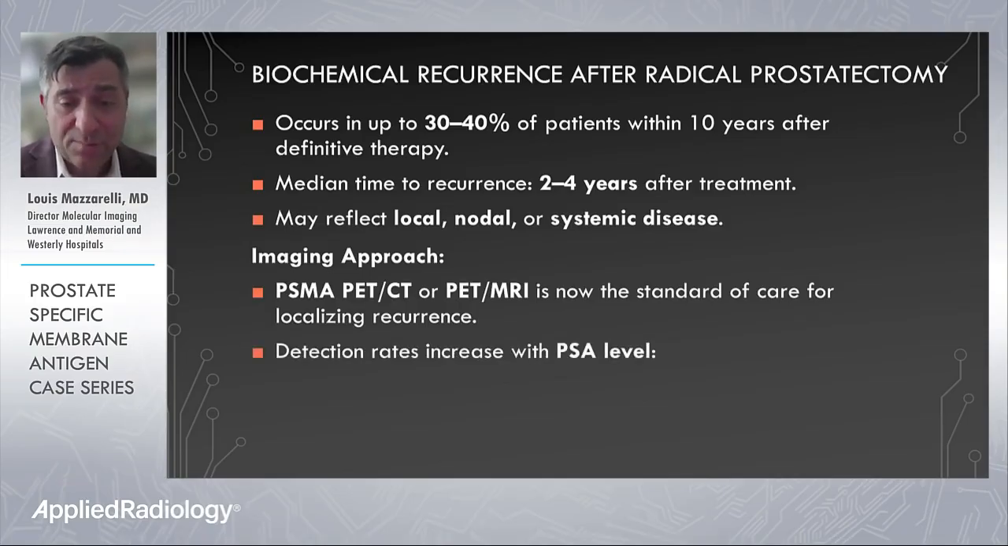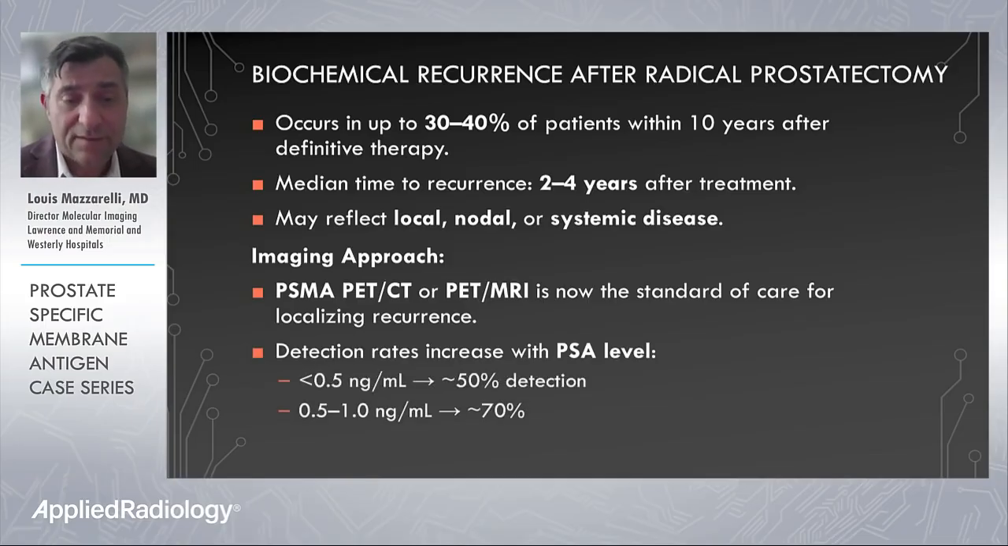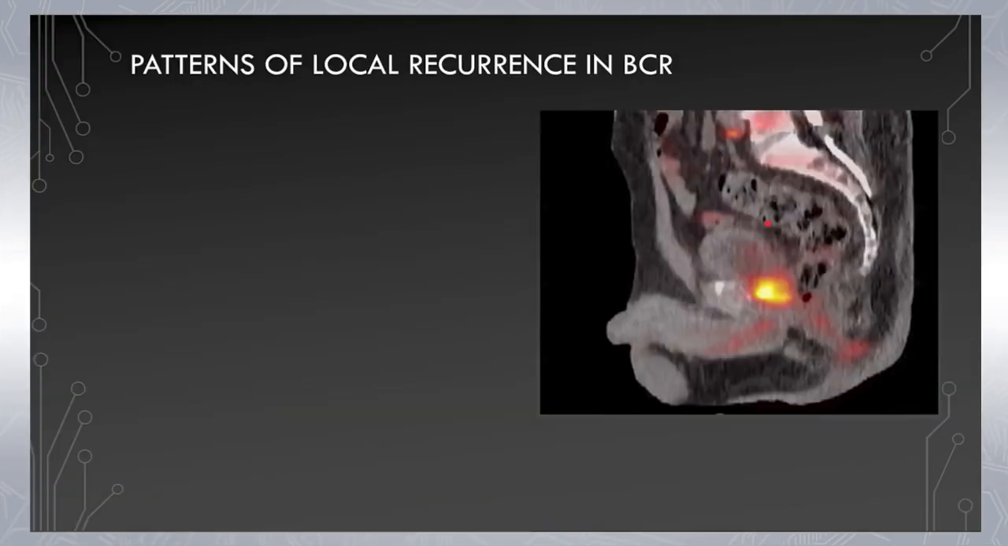Detection rates increase with the PSA level. Less than 0.5 nanograms per cc, approximately 50% detection. Between 0.5 and 1 nanogram per cc, about 70%. And when the PSA is greater than 2 nanograms per cc, PSMA PET is able to detect disease greater than 90% of the time. So when we talk about patterns of local recurrence and biochemical recurrence in the prostatectomy site,